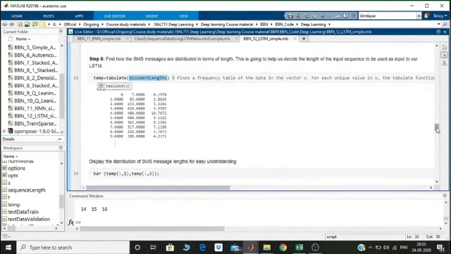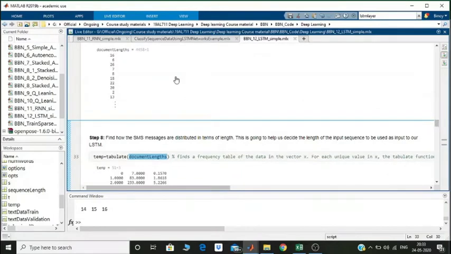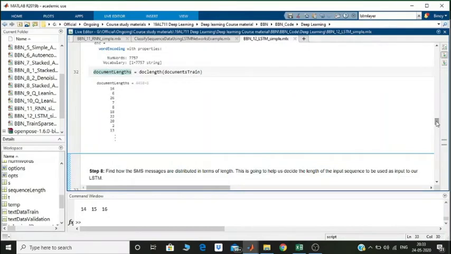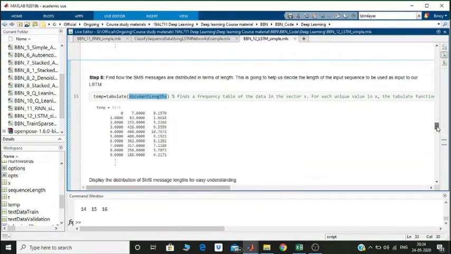If you have a look at this, the document lengths is simply the sequence of the number of tokens or the length of each SMS in the training set. So some have got 16 tokens, some have 6, some have 26, some have 7. So it's different. So what we want to do is we want to find out roughly what will be the ideal size of our SMS for further processing. So what we do is we just do simple tabulate. You can also do histogram. I just wanted to show you how tabulate works, so that's why we are doing this.